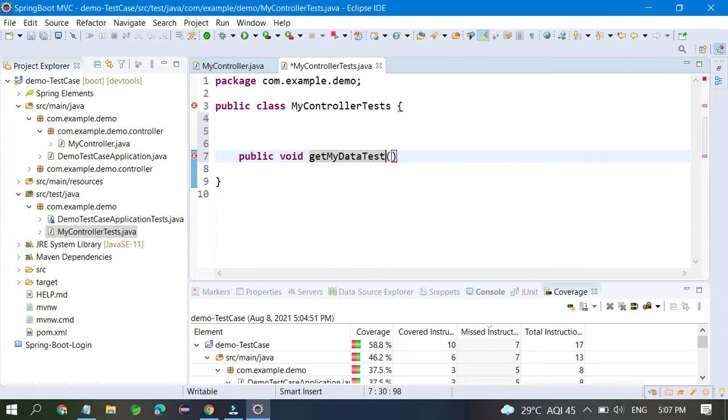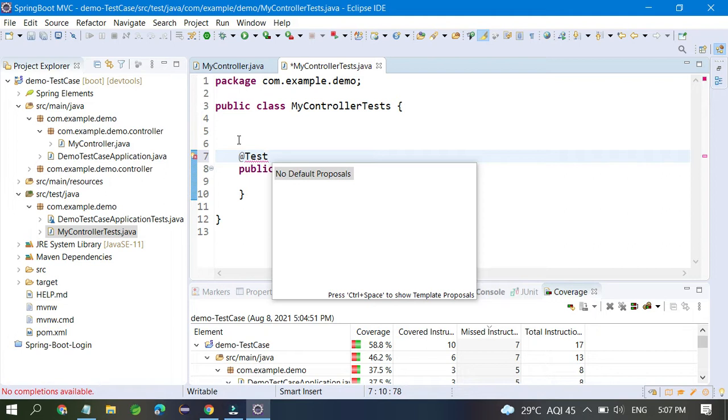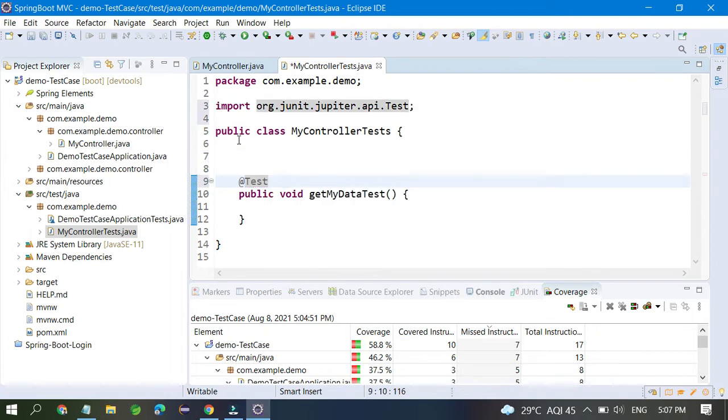In my case there is one, so take one. This is the public void get my data method. You have to annotate this method with @Test so that it becomes a test. Okay, org.junit.jupiter.api.Test is coming, so you are able to write these test cases.